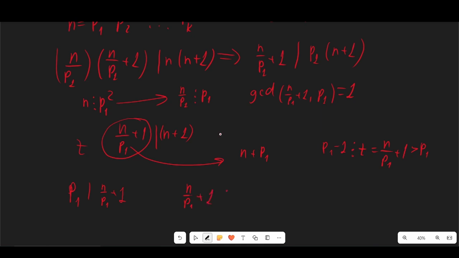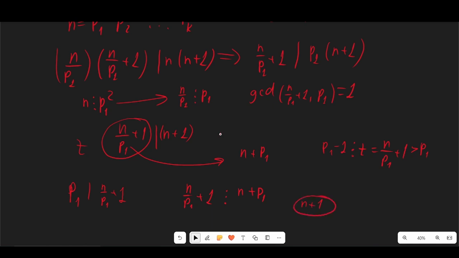This number divides n plus P1. Now, if we apply the Euclidean algorithm once again, we will see that if n over P1 plus 1 divides n plus 1 and n plus P1, this must also divide n plus 1,